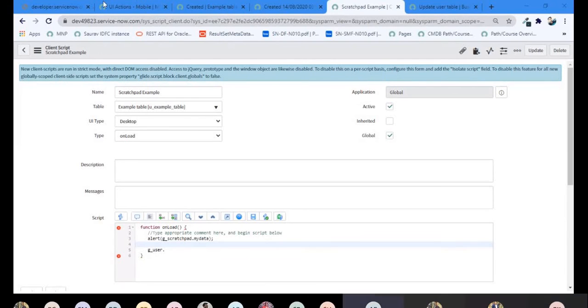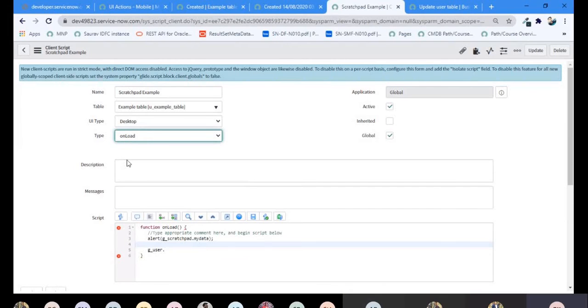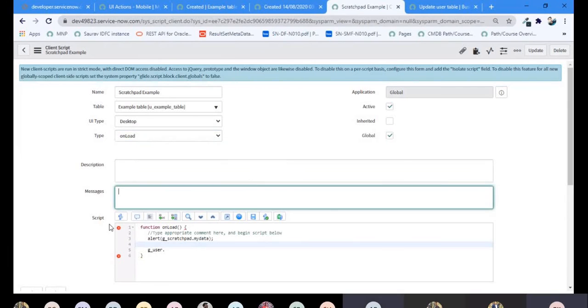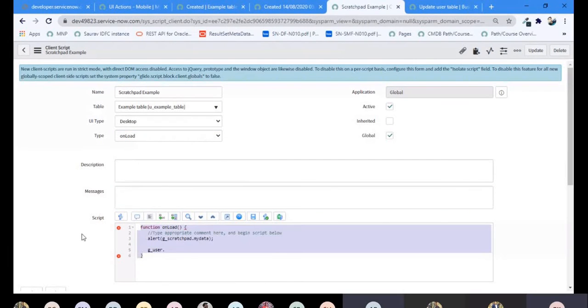Yeah, this is Ajay here. Praveen, at the start you mentioned the types of client script. Yeah, correct. So there are different types of client script, right? Correct. These are: onChange, onLoad, onSubmit. Okay. Got it. Any other question?